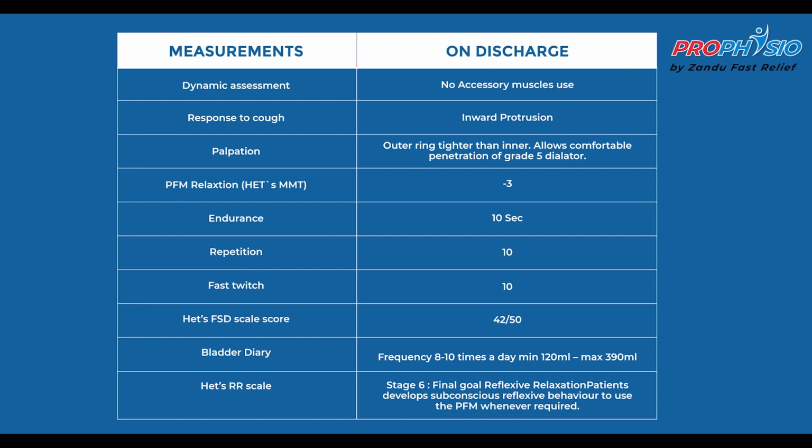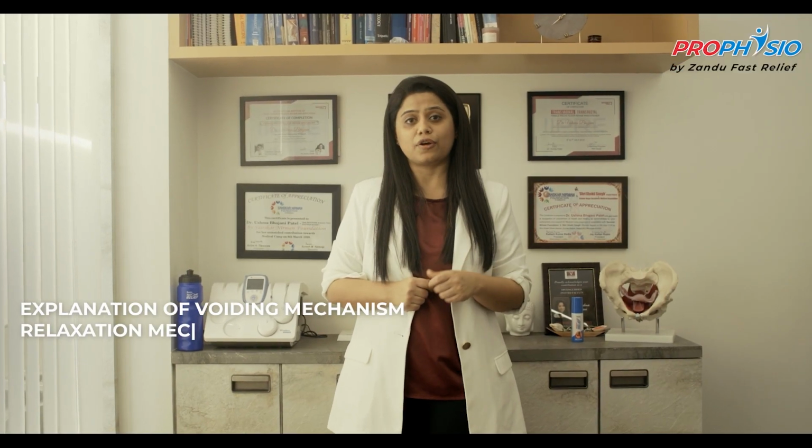Her bladder diary showed urine frequency of 8 to 10 times a day with a minimum of 120 ml to a maximum of 390 ml of urine. On Hates RR scale, she was on stage 6, where she had developed subconscious reflexive behavior to relax the pelvic floor muscle whenever required. In her treatment protocol, a detailed explanation of bladder and voiding mechanism played an important role